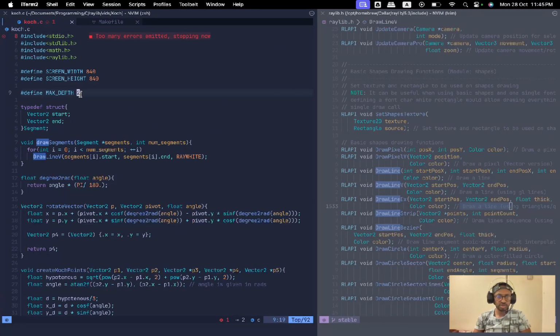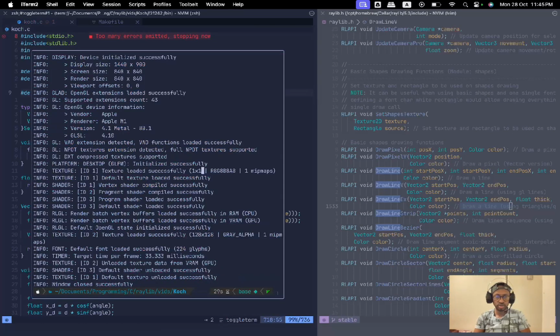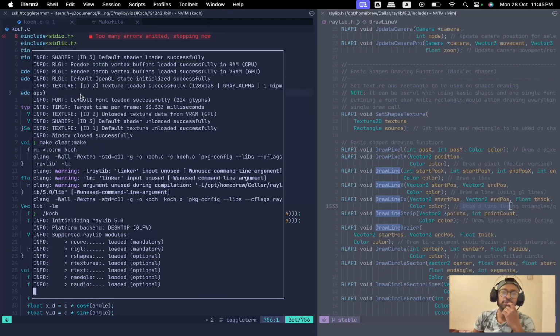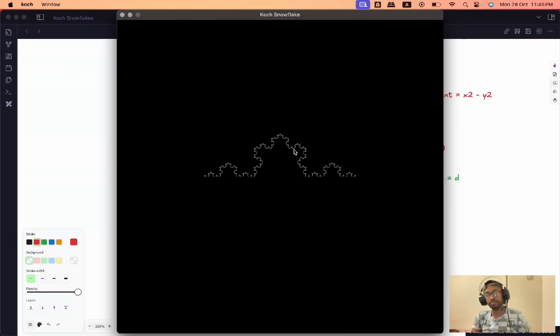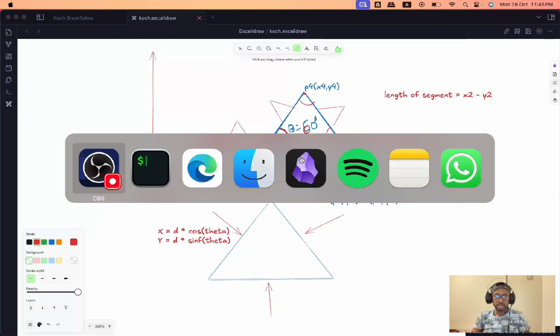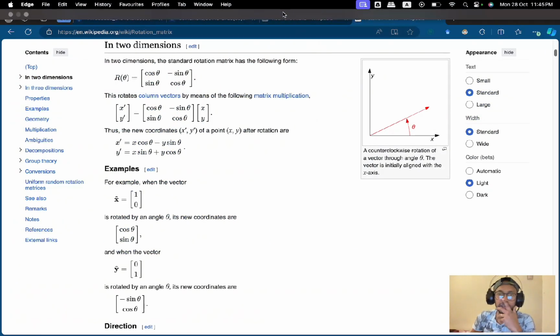So we have 4 squared. If I increase this to, let's say, 4, it's from Koch. So basically we have created the Koch fractal. Now, if we want to make the Koch snowflake,